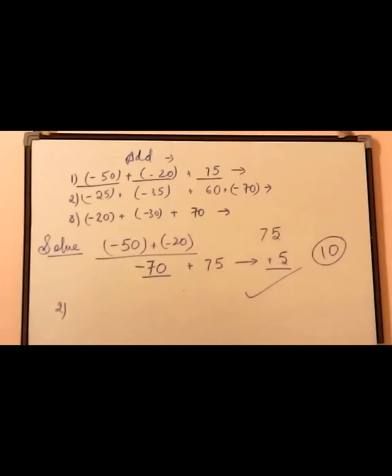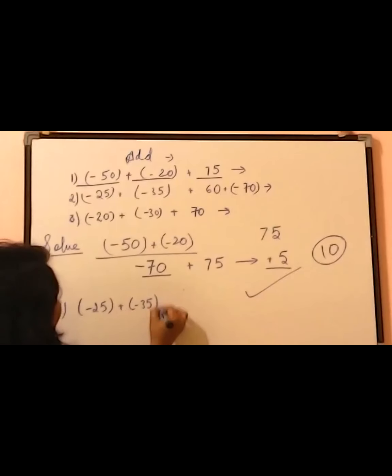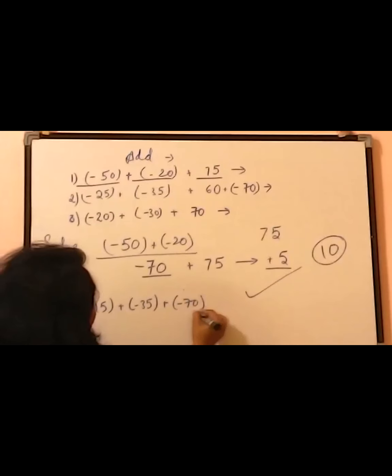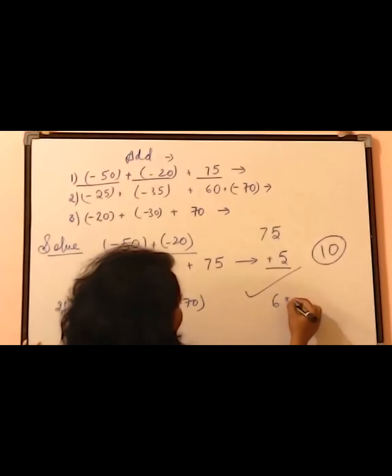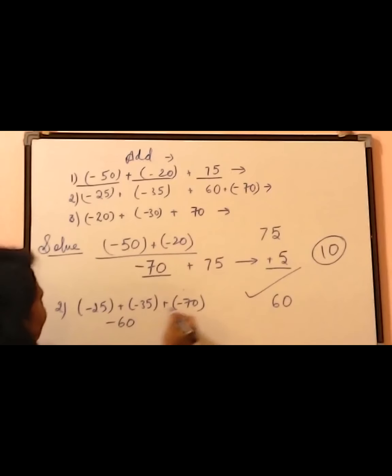So what we will do here, -25, -35 plus -70 will come together and 60 will be separated because 60 is alone here, which is positive. Okay, now you can see here it is -25 -35 will give you, after addition, -60 बेटा. तो यहाँ पर आ जाएगा -60 और एक क्या है आपके पास नंबर -70. तो दोनों को आप जब सॉल्व करोगे you will get it -130.